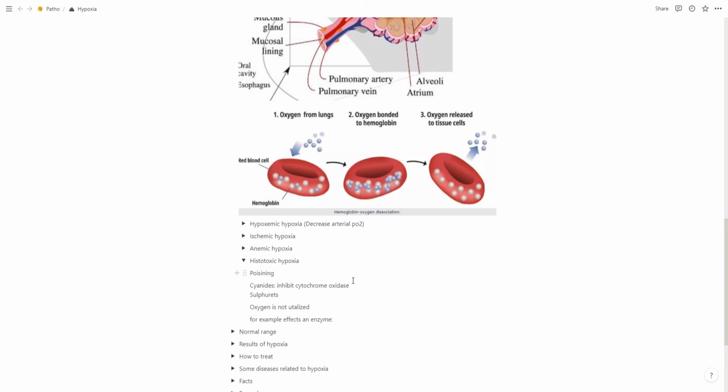Let's assume oxygen is there, but the enzyme that uses the oxygen to benefit the body is inhibited. So the oxygen is just floating around and the cell is basically dying. It's like suffocating because it cannot do anything with the oxygen given. So oxygen is there, but it's not utilized properly. For example, like I said, it affects the enzyme mentioned here, the cytochrome oxidase. Now, we have gone through all of the different types of